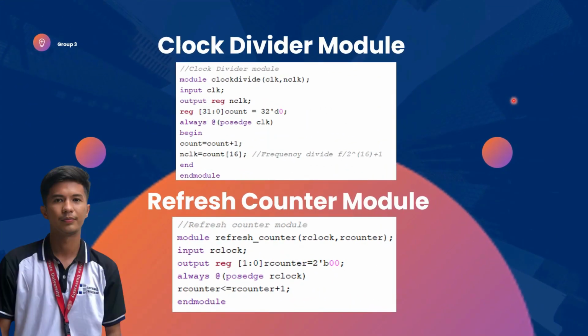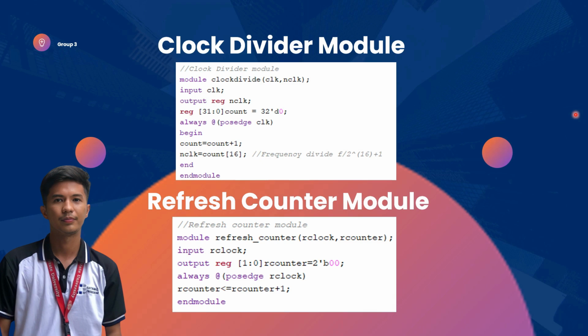The figure shown on the screen is the clock divider and the refresh counter module. The refresh counter and the clock divider modules are necessary to have perfect timing for the 7-segment displays. Recalling what we have learned, especially in the microtrack, the clock divider is used to divide the clock frequency so that when it is implemented on the board, the change in the output is not so fast. The refresh counter is used to have a timing on the output so that the output in the 7-segment